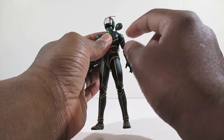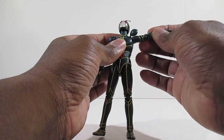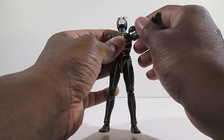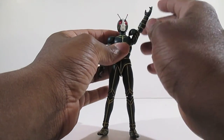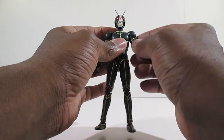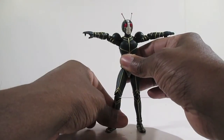The shoulder pads are independent of the arm, so moving them straight up, they get out of the way, you put them down so it looks flush. If you want to do this though, you can only go like that. It can't go straight up, simply because the shoulder pad will get in the way. But it's still pretty good movement. And he doesn't really do those kind of poses. He does more of these, you know, and then jumps. But anyway, arm